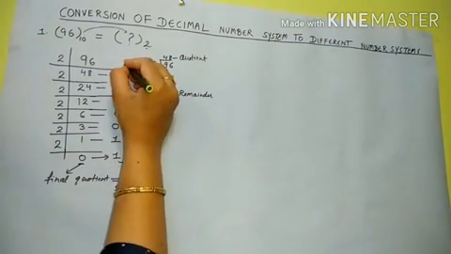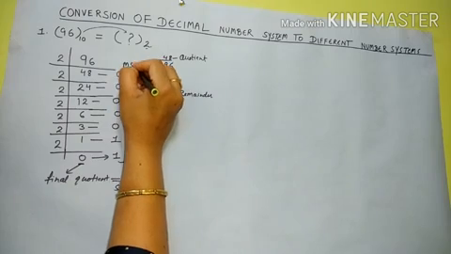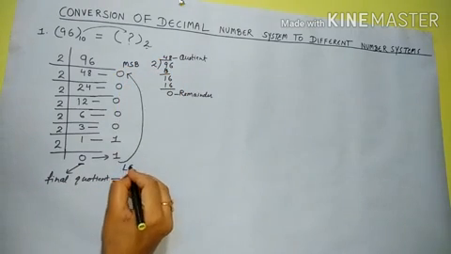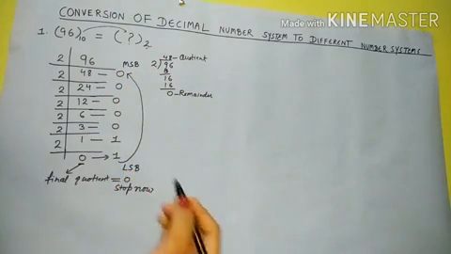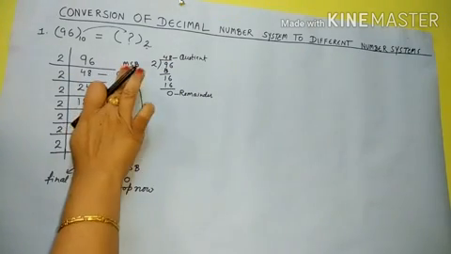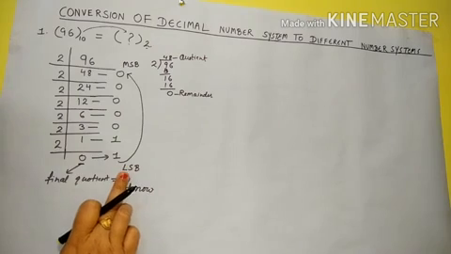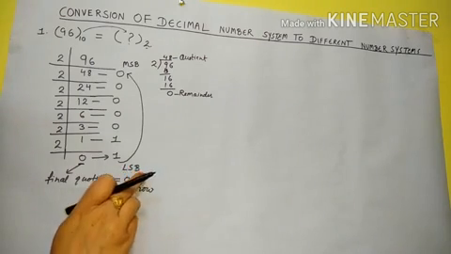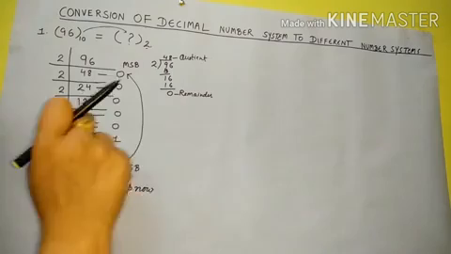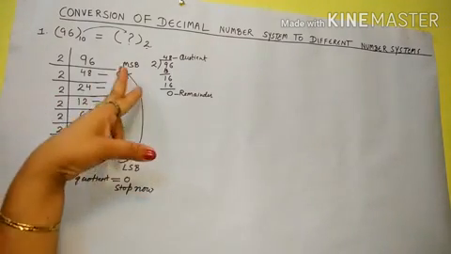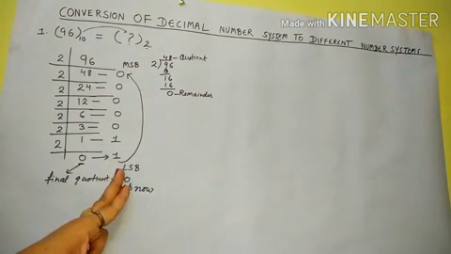Clear? This one is known as MSB and this one is known as LSB. Sometimes people refer to it as digit also. This stands for most significant bit and this one stands for least significant bit. If people are using D here, it will become digit: most significant digit and least significant digit.